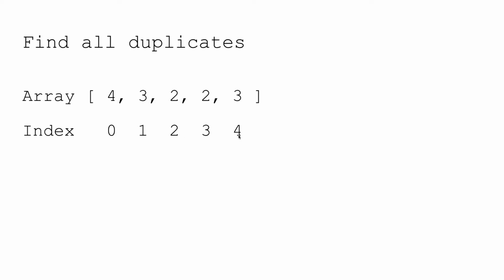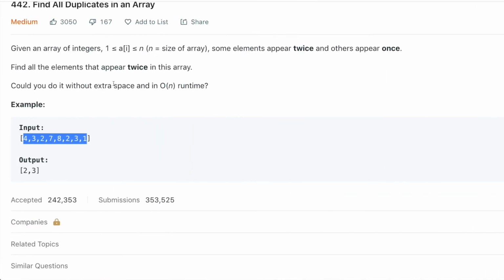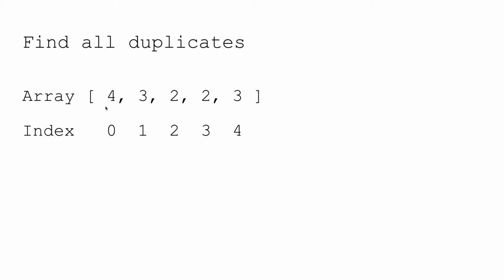So by keeping that property in mind, let's do a dry run and see what we can do next. The idea here is that as we know the numbers will lie between 1 to n, that means we will always have positive numbers, right? If you see the problem statement again, the range is from 1 to n, which is obviously a positive range. So the idea is that whenever you check one element, just mark that particular element as negative. With that, we will come to know that this number is already checked. We'll start with the number 4, but we will not just mark this number as negative. For that, I'll tell you what we will do.